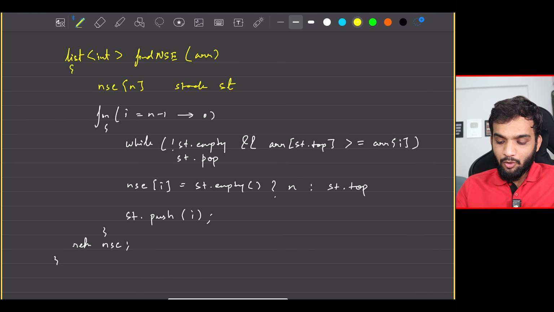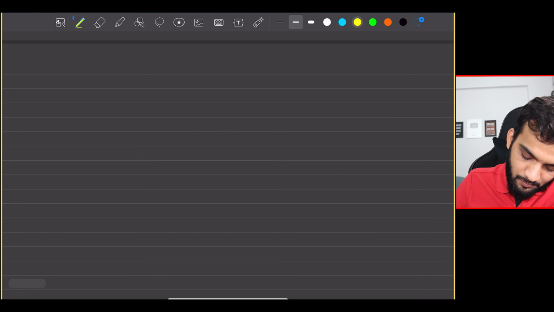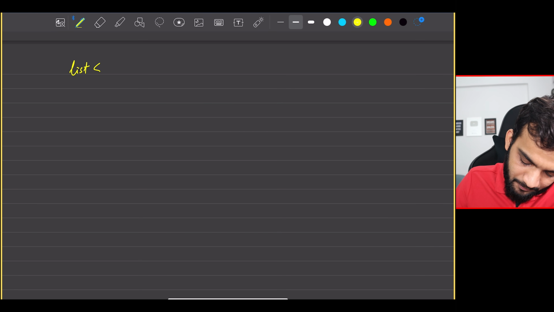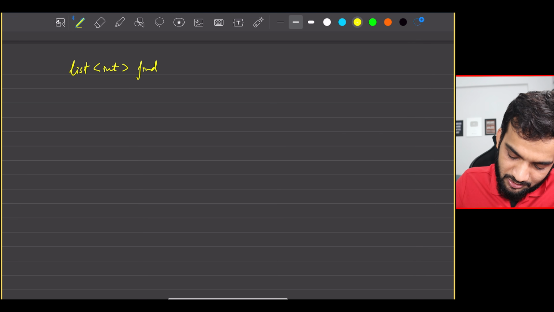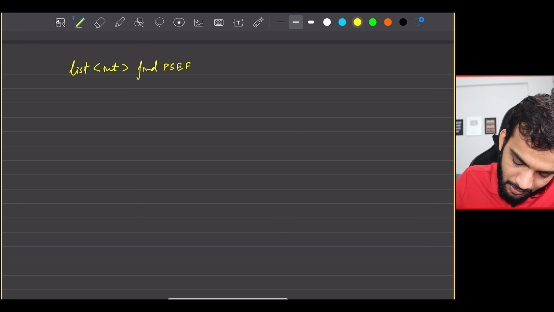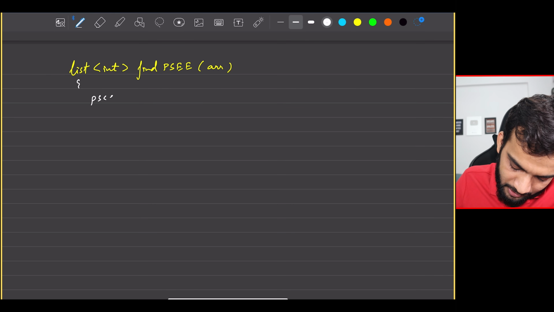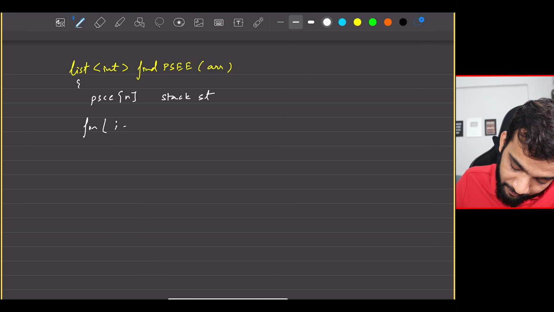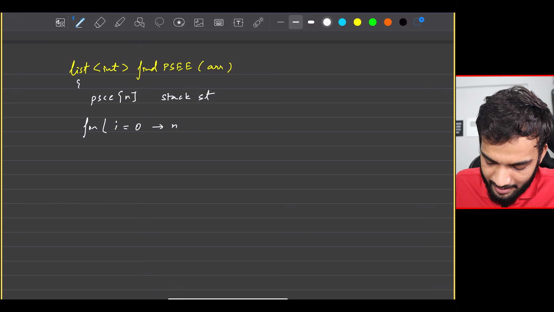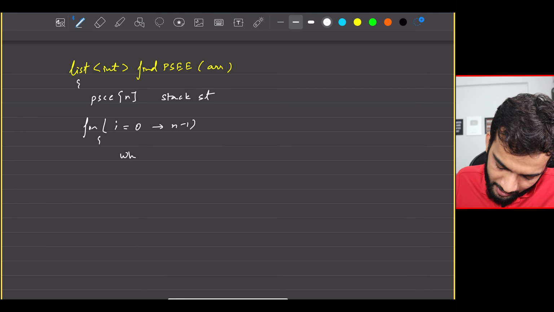Okay, perfect. I go down and I try to write the PSEE list again. Compute PSEE, whatever you want to call it. Again, I'll take an array. This time I'll require PSEE of size n. I will require a stack st, and I'll start traversing from the front, from 0 to n minus 1, because I'm looking for the previous one. What I write is while the stack is non-empty,